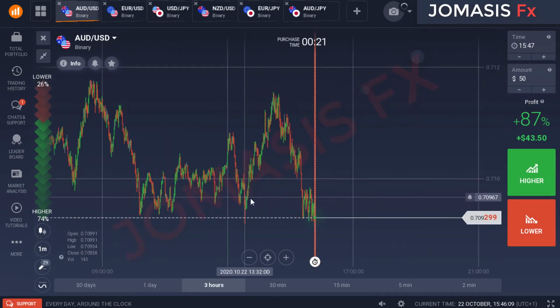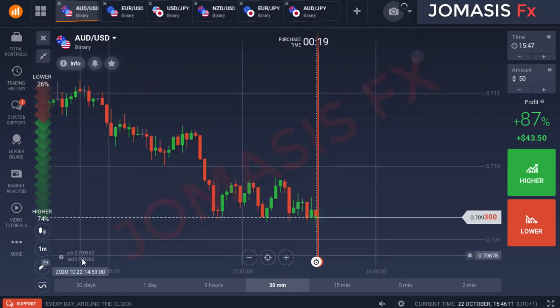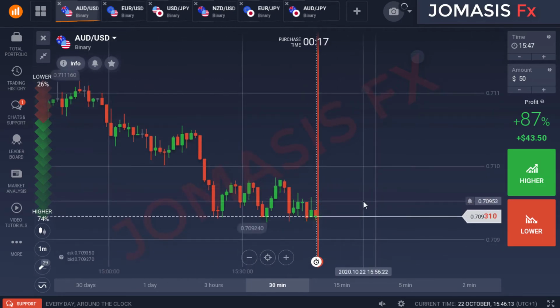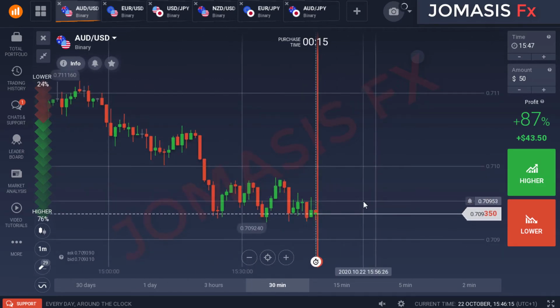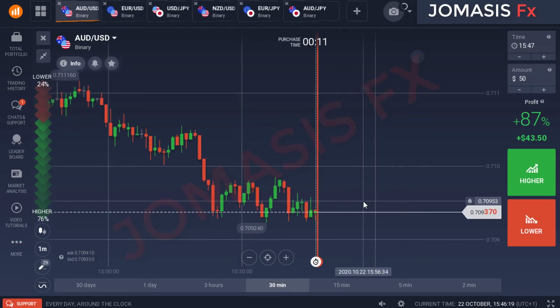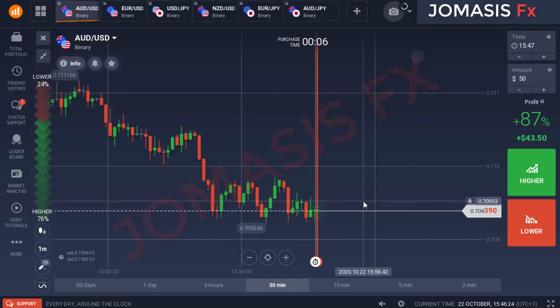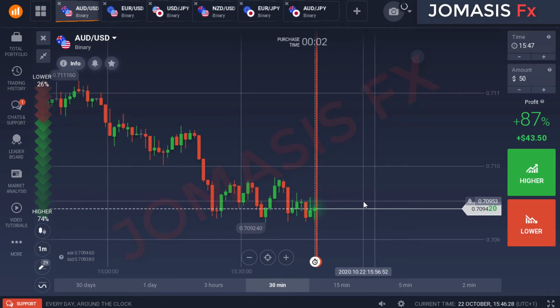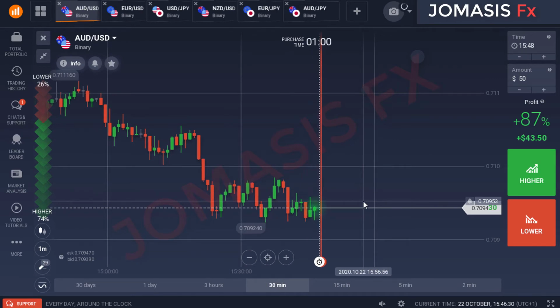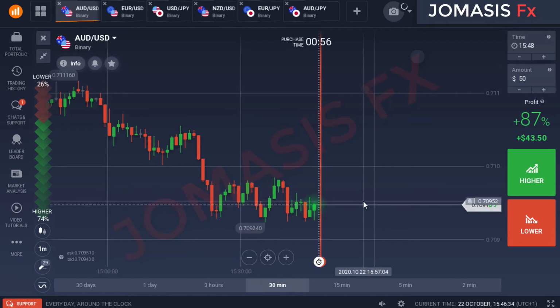Before you start trading, what the volume allows you to know is that you are not the only one in the market, and the number of people in the market is many, not just a few. Because if only a few people are in the market and the number of transactions going on is few, it's going to affect the market. The market is not going to move very well. And if you place a trade and the market is not moving, you're going to lose the trade.